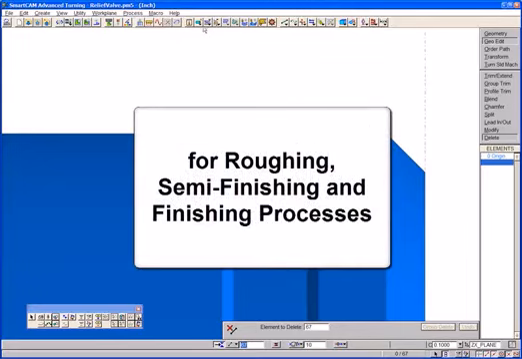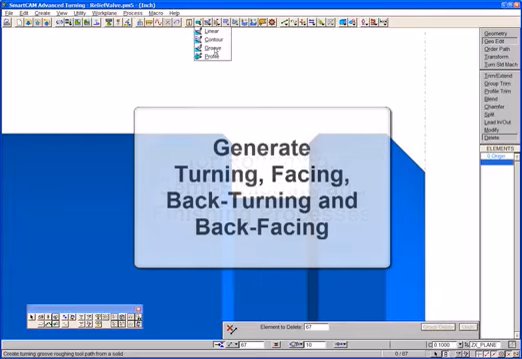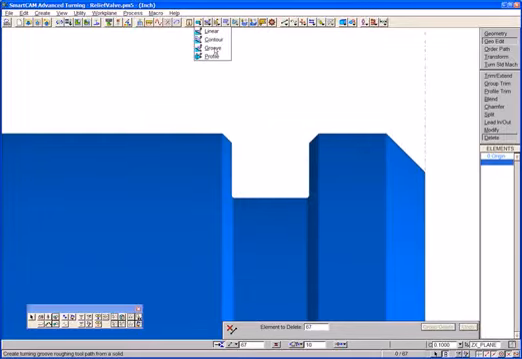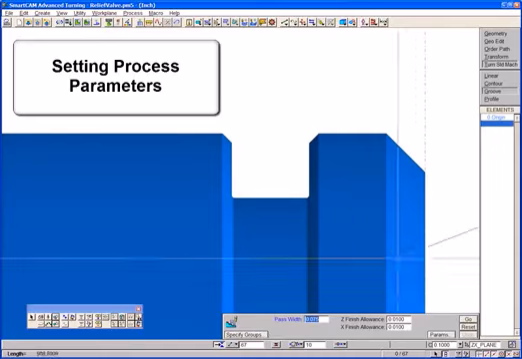SmartCAM provides linear and contour roughing, grooving and profiling options for roughing, semi-finishing and finishing processes. Our solid turning cycles can generate turning, facing, back turning and back facing, and external or internal groove toolpaths. We will machine this groove using a 0.1 inch wide insert with a 10,000th tip radius. We will use an overlap for each pass of 0.075 inches and our default face and diameter finishing allowances of